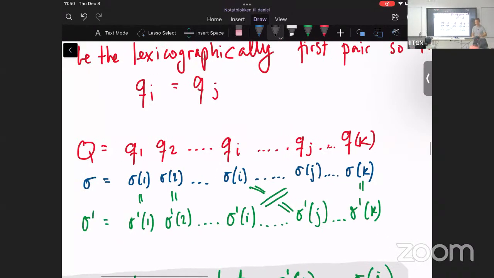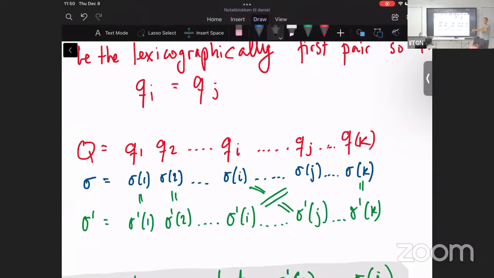And then let's look at sigma. Well, it's sigma 1, sigma 2, sigma 3. Take the first pair Qi, Qj that repeats. So take the first vertex for which there is a repetition and take the first repetition of that vertex. And then you look at the sigma the first time you visited and the second time you visited the same vertex, and you flip it. Now notice, that is my definition of the involution. And now all we need to check is that this is in fact a fixed point free involution.